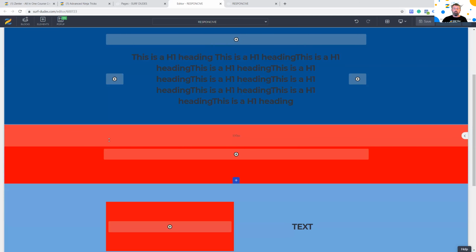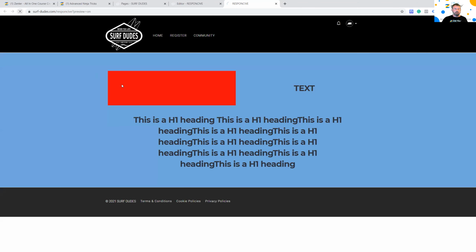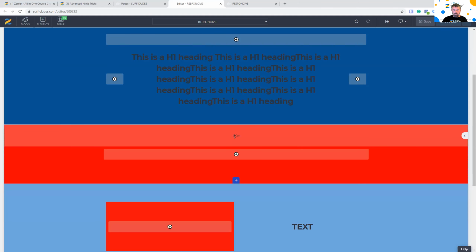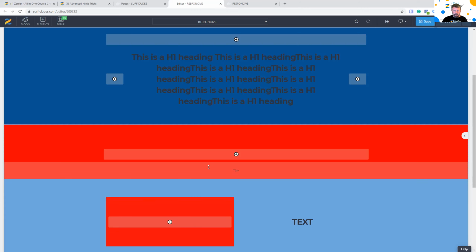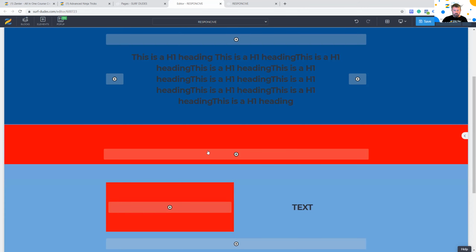So this is just a default block. Let's go and refresh this page. And there we go. Now it's massive. And it's massive because it's got 100 pixels padding and 100 pixels padding. So it's basically 200. So if I take this one and I drag it up, so it disappears, and then